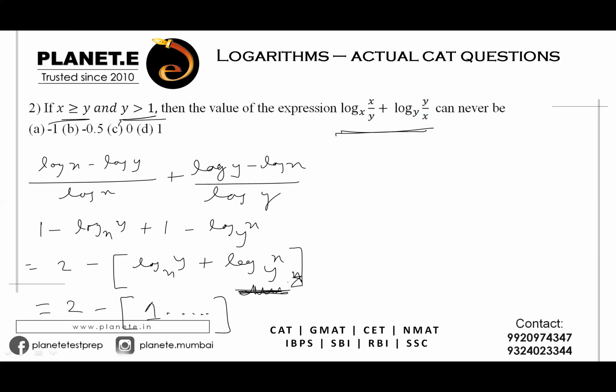So I am looking at a value, I am subtracting 2 minus something which is greater than 1. I am subtracting some value which is greater than 1 from 2. So now you can think what you are going to get. So 2 minus 1 point something something. Now which of these values am I not going to get at all? That is what you are supposed to answer now. So which value do you think you will not be able to get?